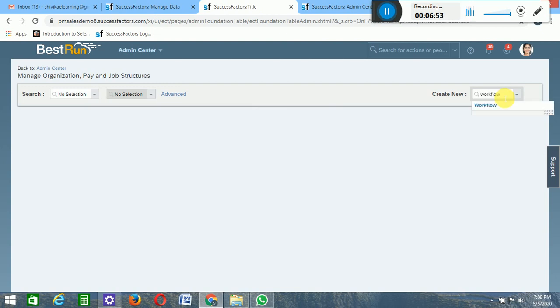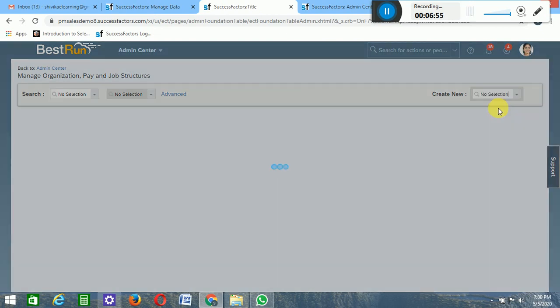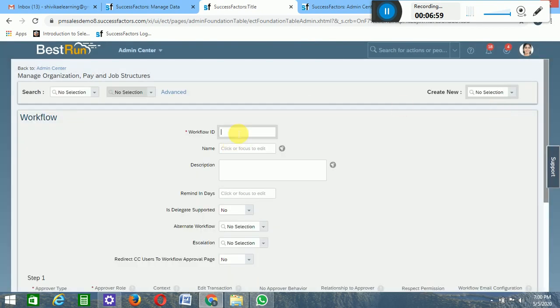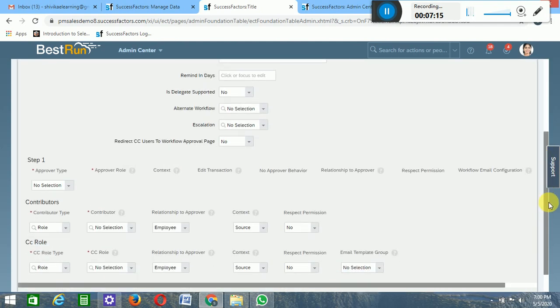So workflow AK underscore workflow 1, as we discussed previously. It is new position. Name would be new position. I have explained this already, so I am not going to touch it once again.